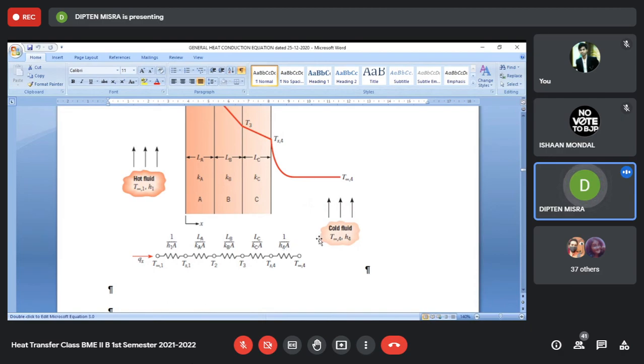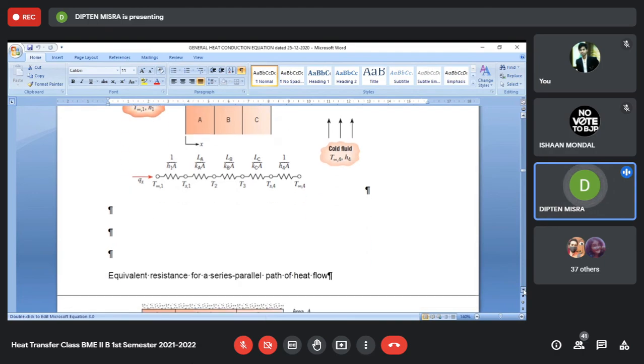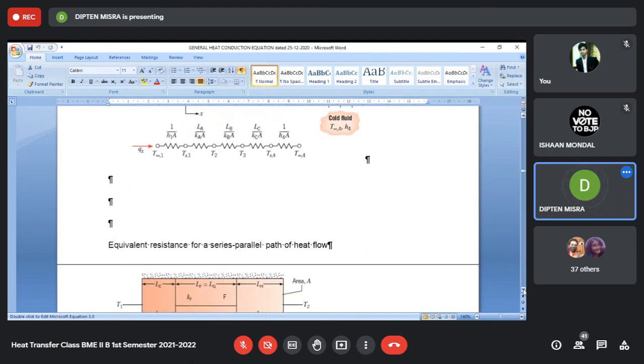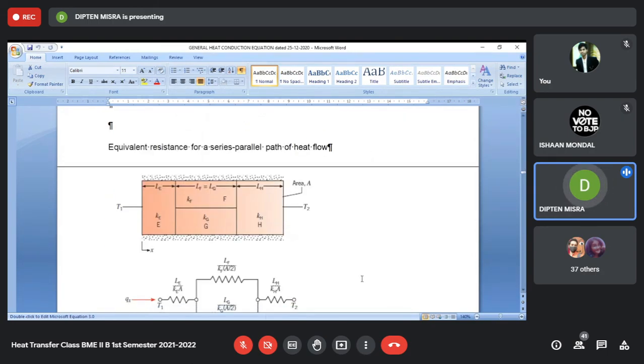This should be H2. Where they have written 4, I don't know why they have written like that. Even if it is indicated as 4, then it will be H4 into area. So that constitutes your total resistance, and the heat transfer rate, capital Q dot, should be equal to T infinity 1 minus T infinity 2 divided by the summation of all these resistances, which again you can call the total resistance, and again you can write a corresponding overall heat transfer coefficient.